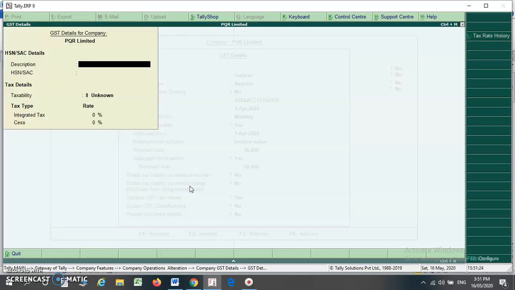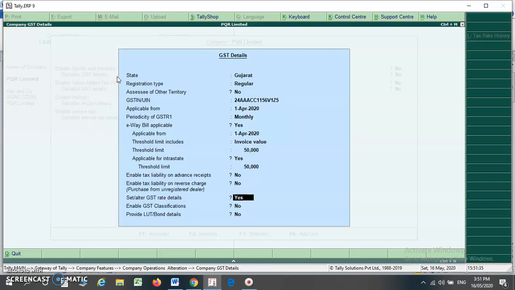If you select yes, it will ask for the HSN code, taxability, taxable, and the tax amount applicable for your company. However, if your company has multiple products, just press no here.